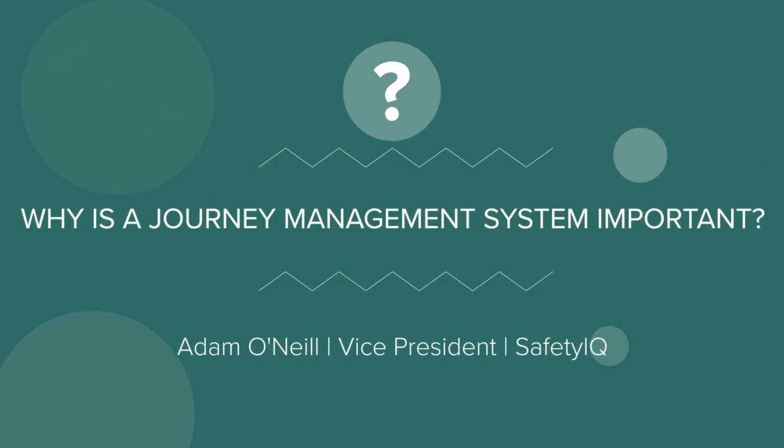So as we can see, really what a journey management system is, it's asking staff to plan their travel. So rather than just jump in a car and drive off, this is asking someone to say, hey, I'm going to go from South Carolina to Texas. I'm going to just pause for a minute or two, pull out my cell phone,